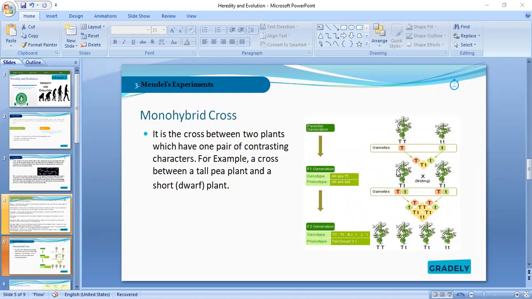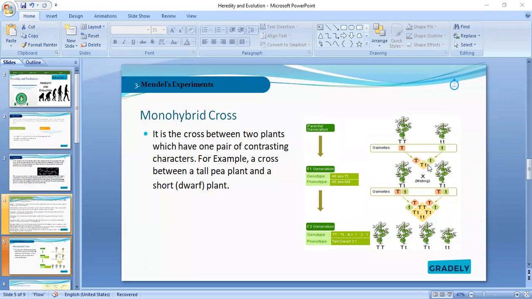Are you getting it? So we don't have anything like heterozygous shortness, because the small t is recessive. It cannot dominate. I hope you're following. So when capital T crosses with small t, we have a heterozygous what? Tallness. Heterozygous tallness, not homozygous. Homozygous is the capital T. Another homozygous is the shortness, small t, because they have the same characters, not a pair of contrasting ones.